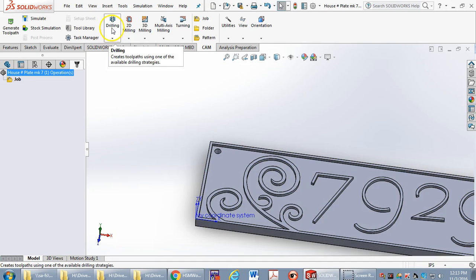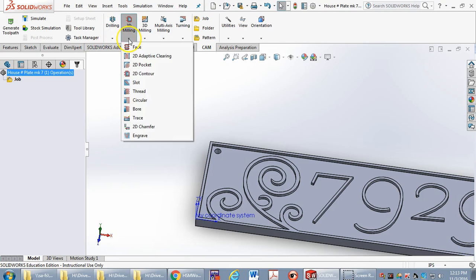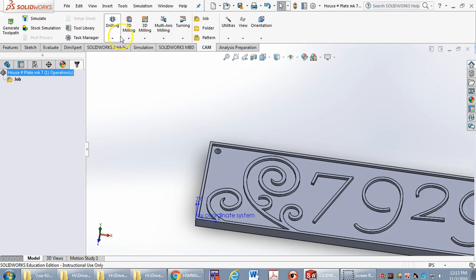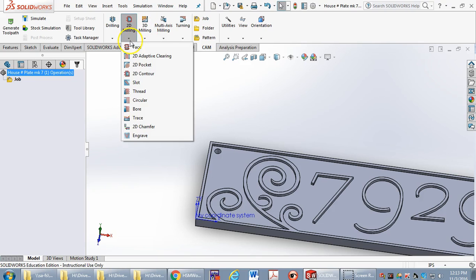Now, basically, all of your CAM stuff is probably going to be under 2D milling here or drilling. If you wanted to engrave out, say, a mouse with 3D contours, you do this. And this button here might cost another $5,000 for a business just to have that button there. All right, so we go to 2D milling, and